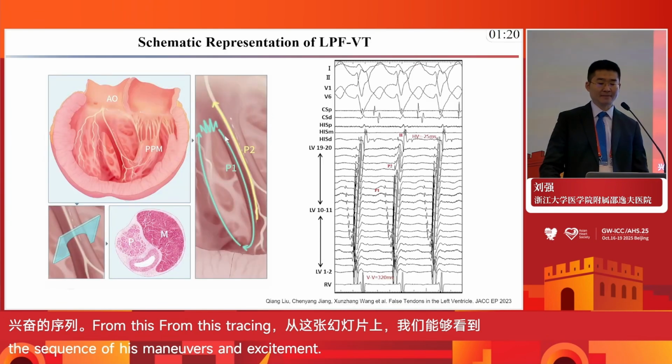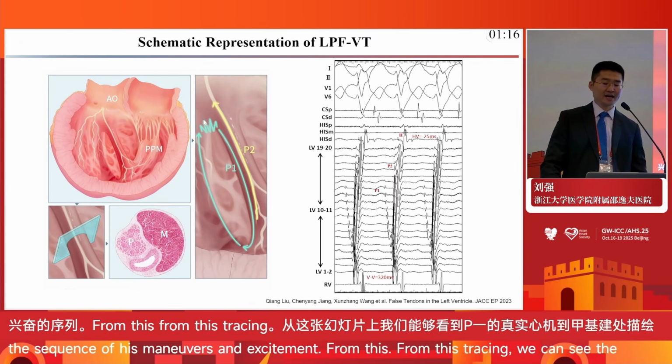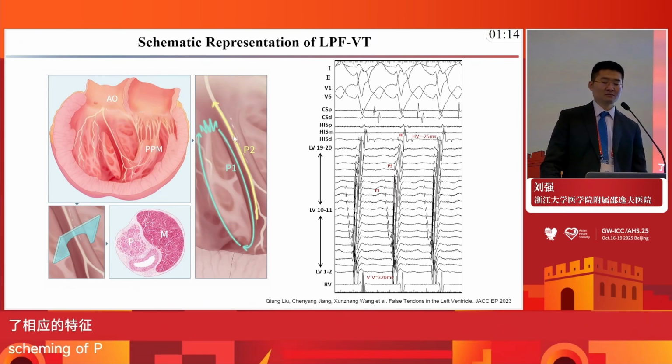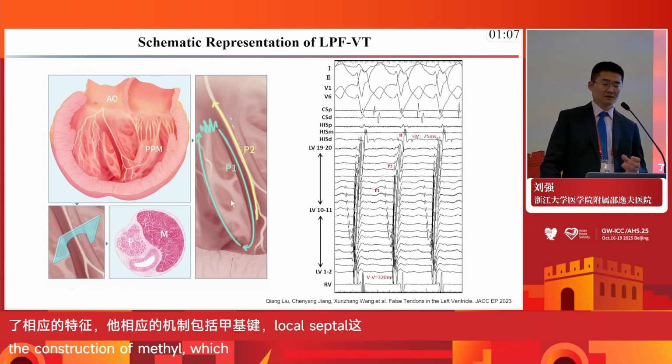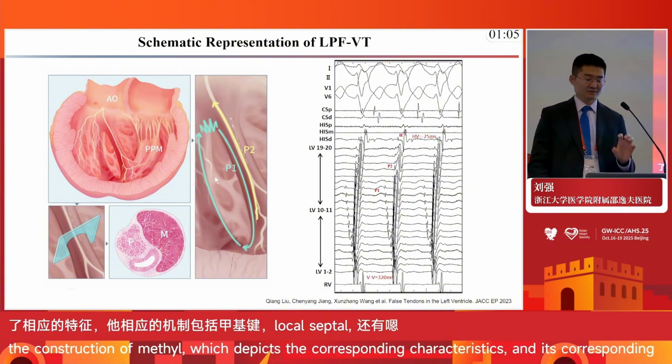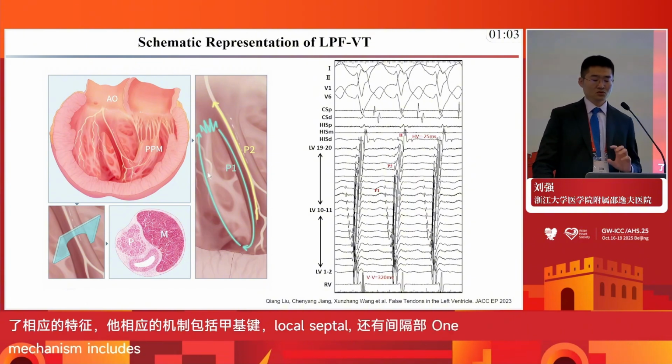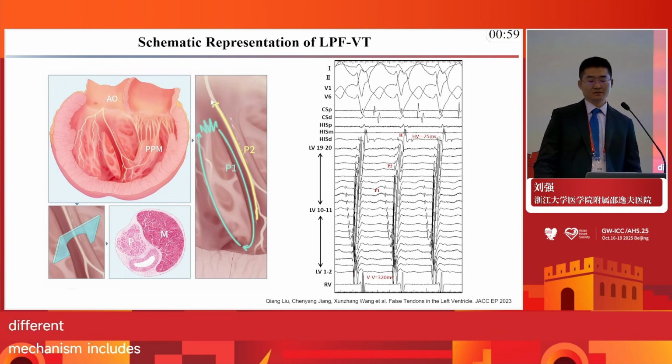So we drew the schematic representation. The mechanism of tachycardia involves the false tendon myocardium and the local septal ventricle. This is a circuit just in the ventricle, involving two different parts of the ventricular myocardium, and the left